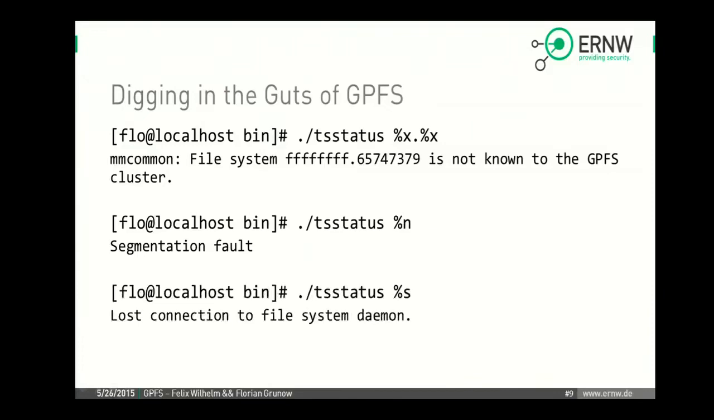Next up was the %s. We tried to feed it a %s and see what was going on, and what we expected is